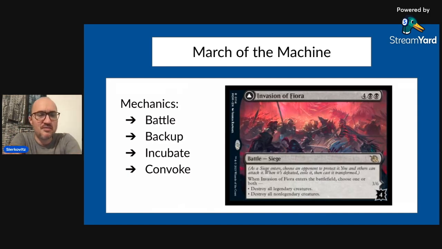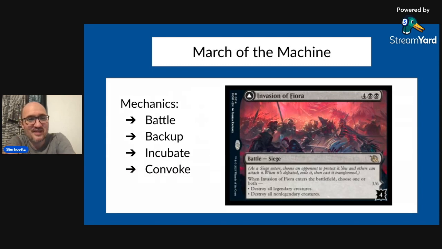And as I mentioned in the beginning of the podcast, I'll try to maybe do some reverse engineering into the heads of Dave Humphreys and co, who were, well, Dave Humphreys was leading the design of the set. So we're going to try to figure out what they were thinking and how we can use that to our advantage in the first days. But always keep in mind, we are making these speculations based on reverse engineering of the psychology of the design team and not very much on cards, because we know a bunch of rares and